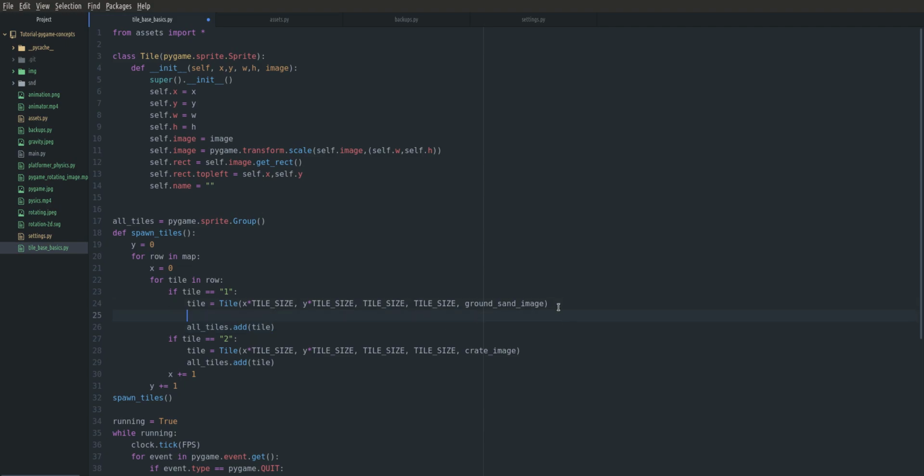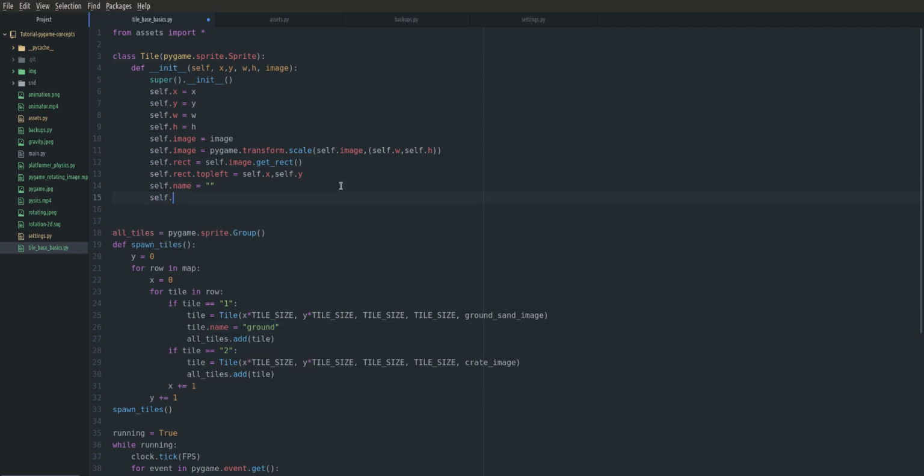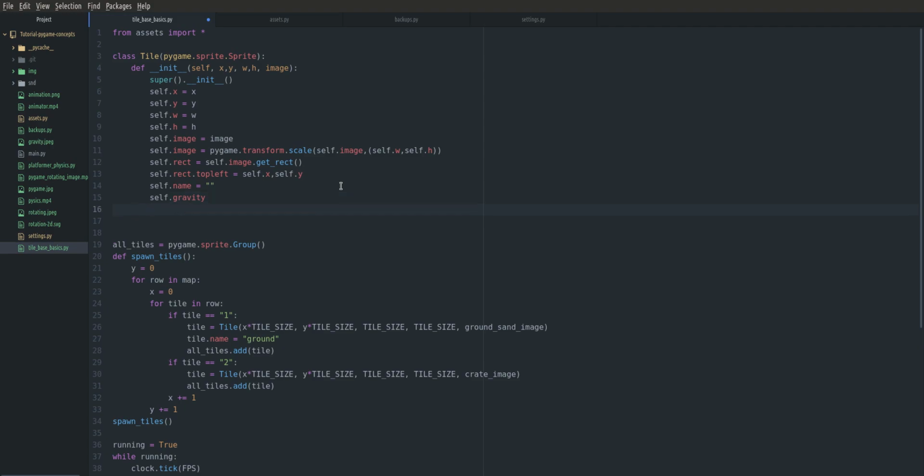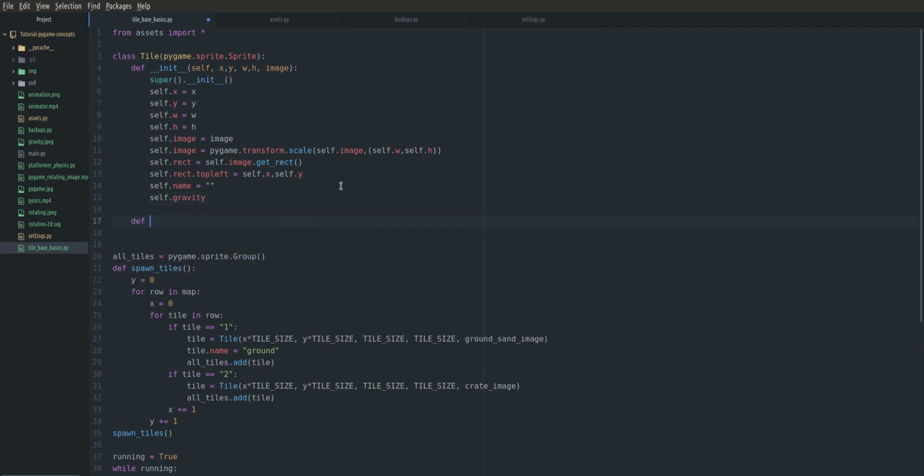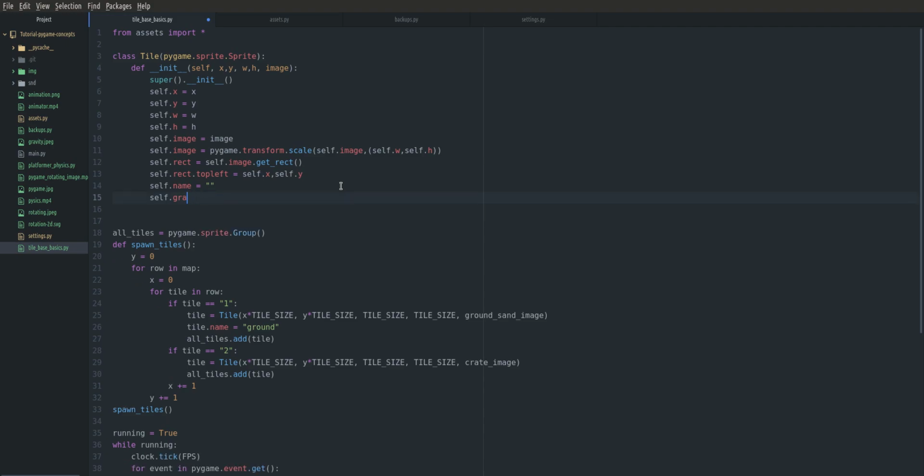For example, tile.name equals, I don't know, ground or something, and after that you can set, for example, gravity, and create your own game update method, and so on and so forth. You can continue to expand